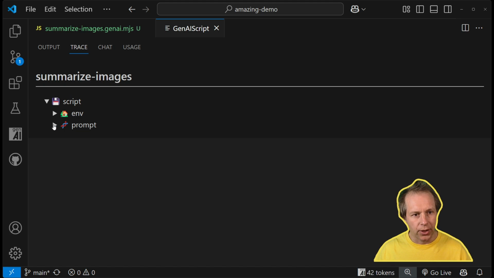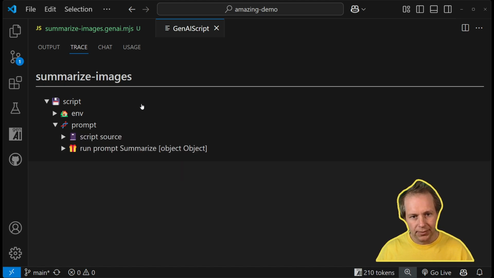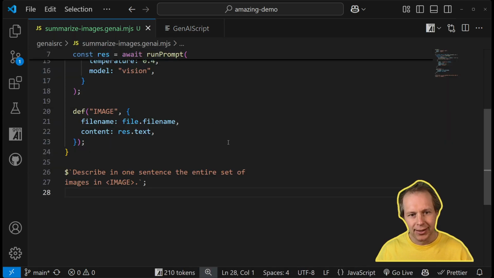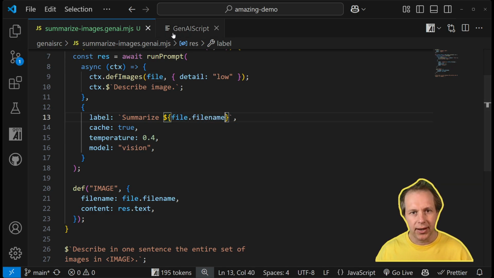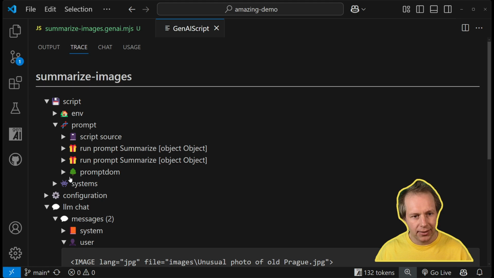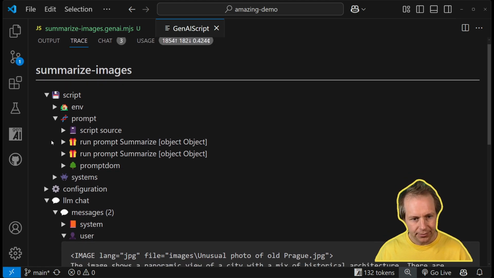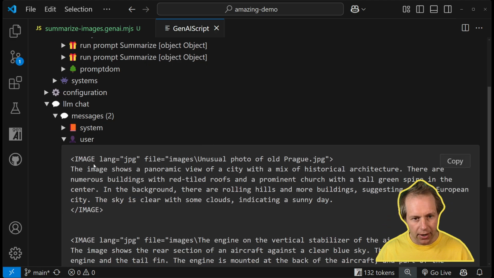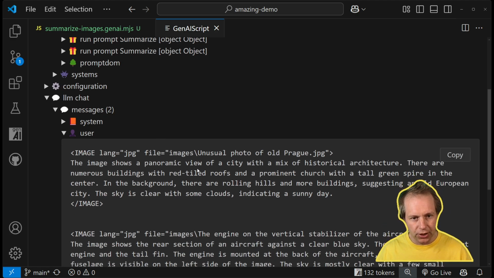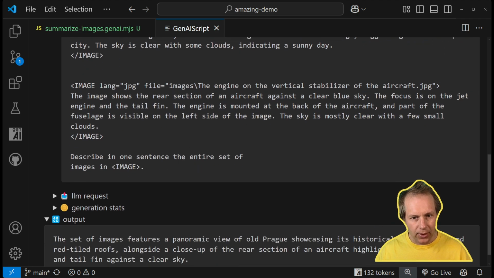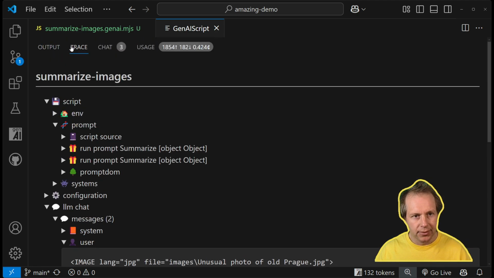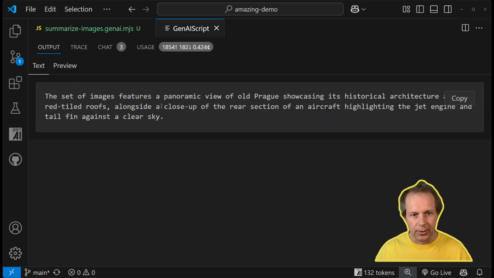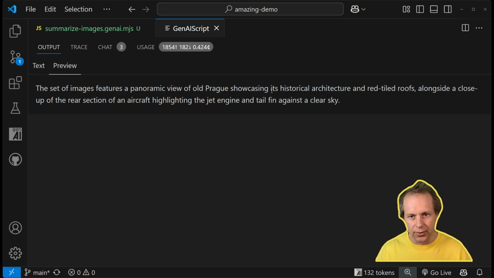What's going on? We're running the prompt, and I'm summarizing objects. So that's a bit silly. Okay, file name. All right, for the next round, we're done running, and now we've got our 2 images with the description. Describe in one sentence the entire set of images, and then we've got the output. Set of images, features a panoramic view of all products showcasing